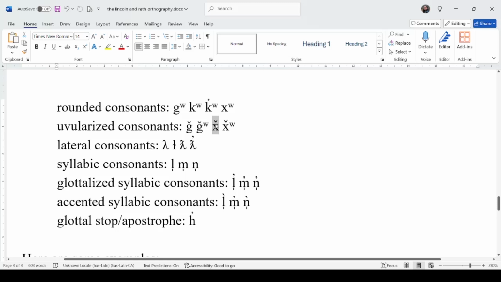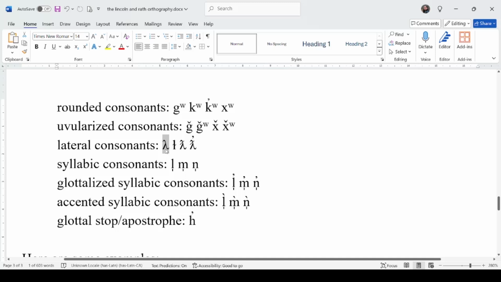And you have an X with a cairn on top, so this is h, h. And then you have a rounded X with a cairn on top, and this is hua, hua. There's lateral consonants. So this is an innovation that we had not previously seen. So this symbol here, this is called a lambda. Again, it's borrowed from the Greek alphabet, and it sounds like gla. Sounds like a DL. So if you think of the English word madly or gladly or sadly, that's the sound,